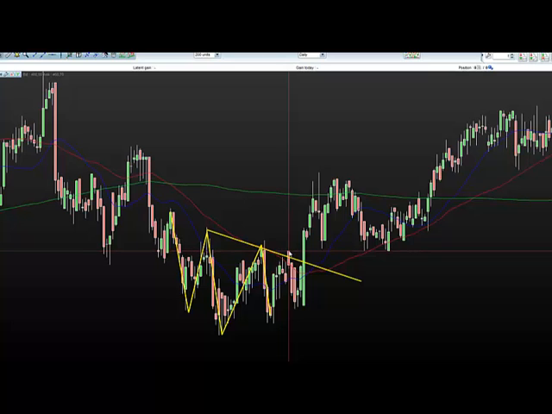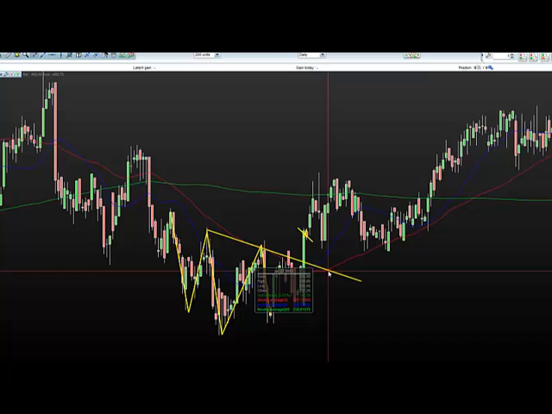This is a red bar. That means we gapped up above the line overnight, but we closed under the yellow line. So we never closed above it. Here we closed above it. So either you wait for the retrace, which in this case never happens, or you go long here, you calculate,